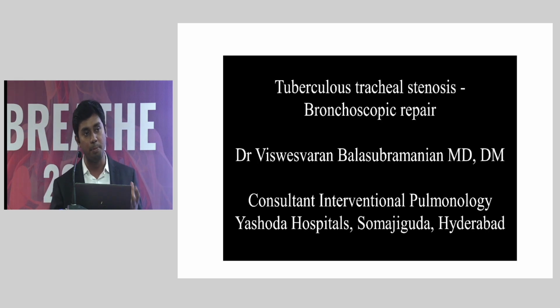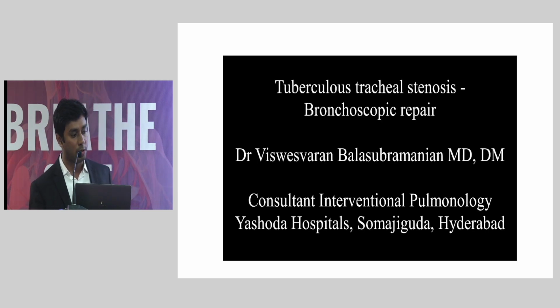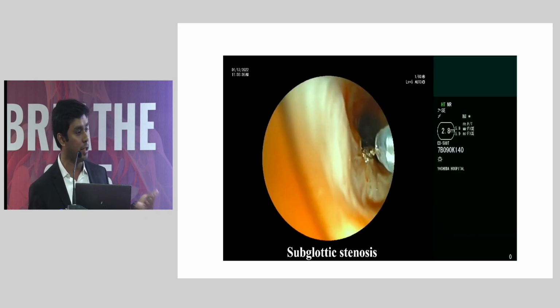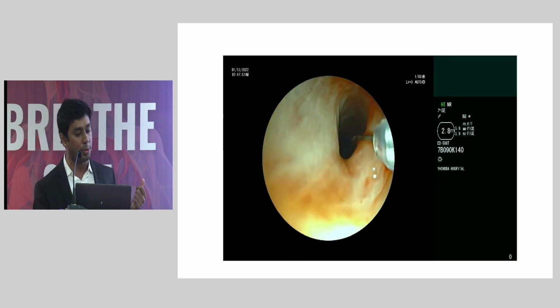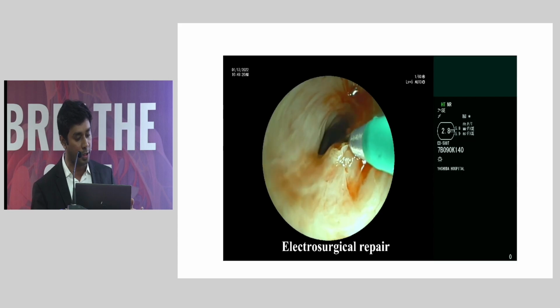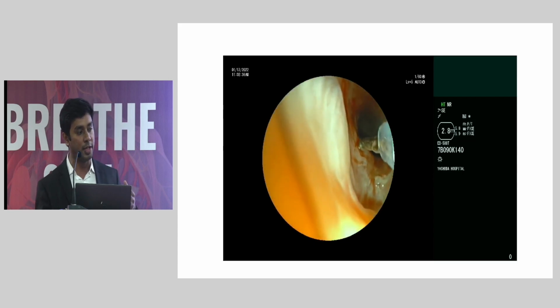So this is a very important finding, because now you know that the TB is over, so you are a little relaxed. But 3 years later, this patient presented with an endobronchial TB. This time it was presenting like a subglottic stenosis, so there was a concentric narrowing of your trachea. So in these cases, our intervention really plays an important role.